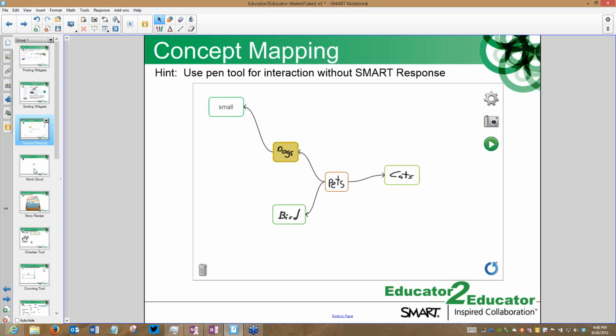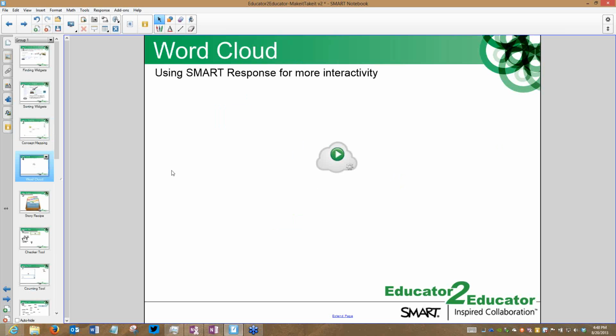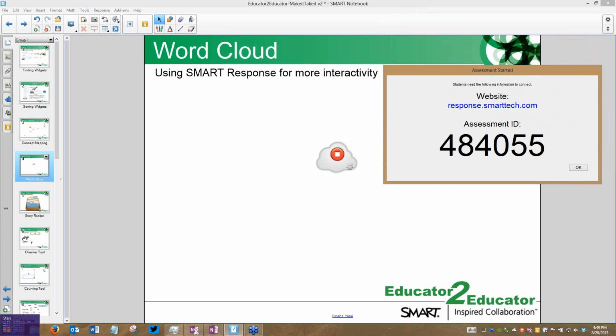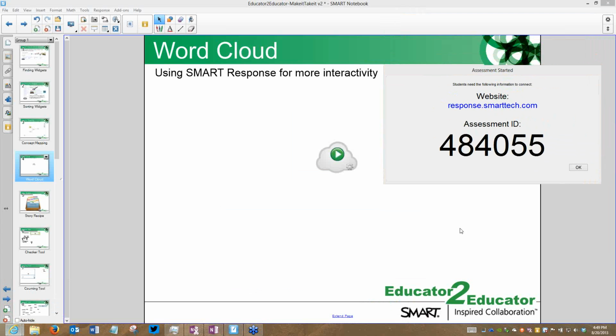All right, the next thing I'm going to show on here is another one that utilizes smart response, word cloud. Again, it's another brainstorming type widget, but the students are able to send in through smart response, they're able to start submitting answers. This one is very straightforward. It pops right up. I hit the play button. In my case, I am connected to smart response VE, so I actually have a smart response window open. And if I wanted to, I could have each of you sign in and actually start sending responses based on this.